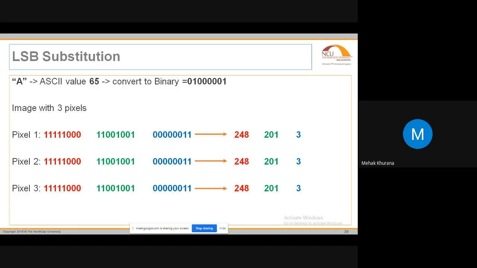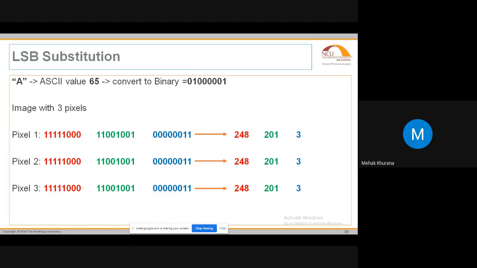So these 3 pixels have the same intensity, but I don't know what the actual color is. To find out what the color is, you can just search on the internet for an RGB color converter, and write the 3 numbers that you're getting from these pixels. You can write these 3 numbers and you can see what the actual color is.